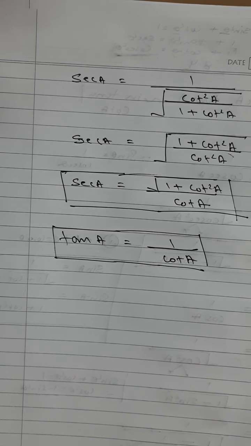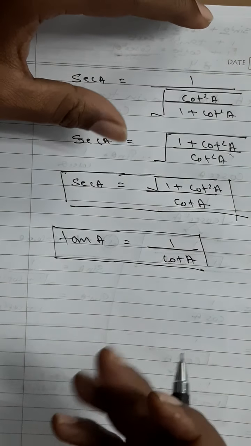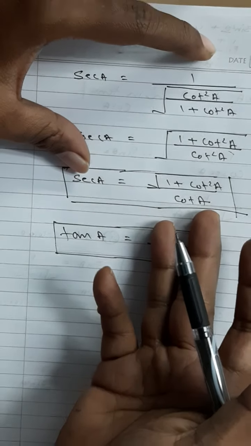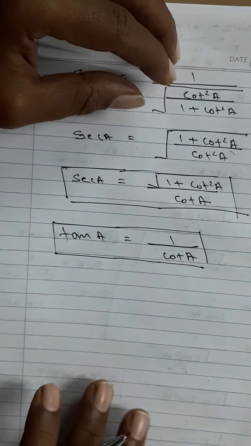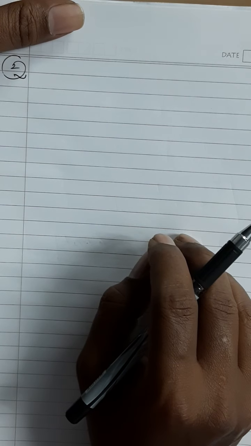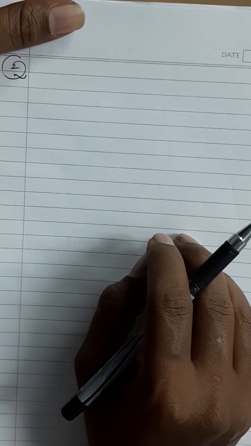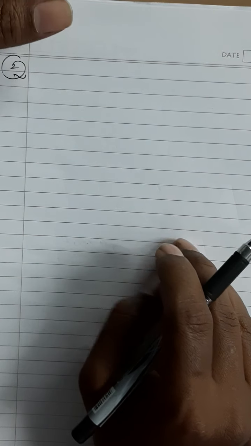Others would have been very easy. Actually, tan a and cot a. Sec a is this, so cos a will be, just have to invert this. Okay, and similarly the other one, the second one. In the second one they are asking us to write all other trigonometric ratios of angle A in terms of sec a.